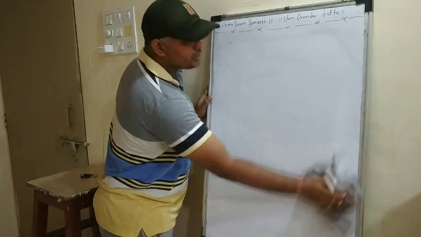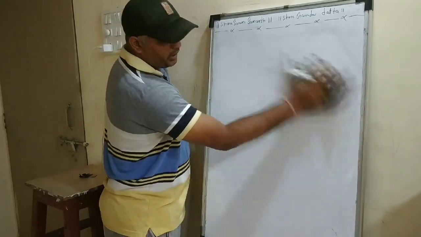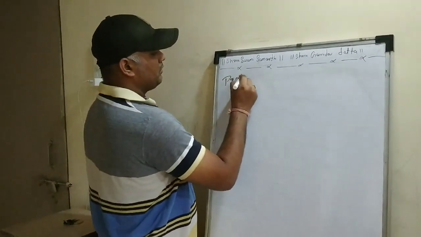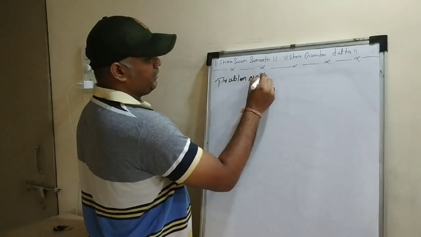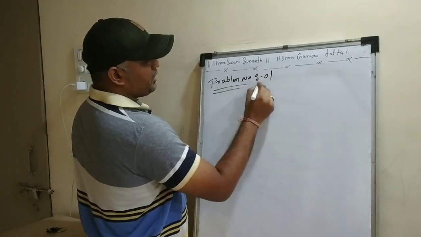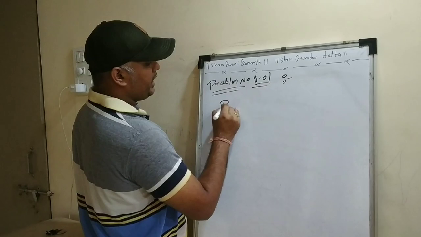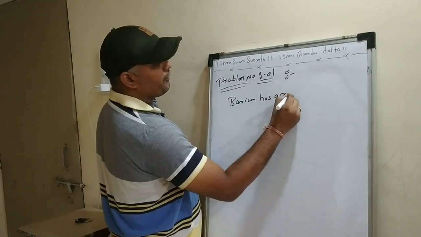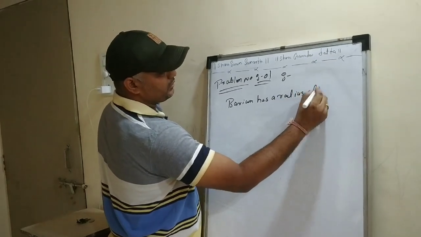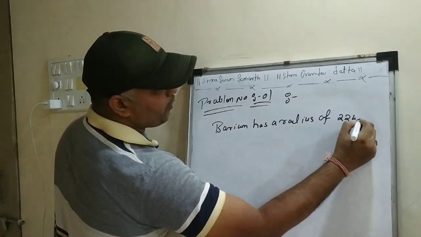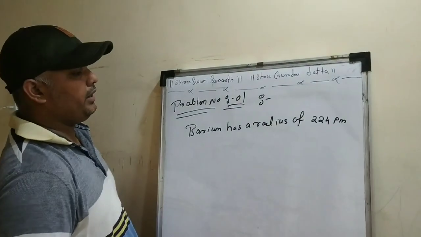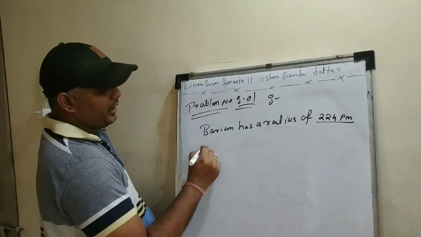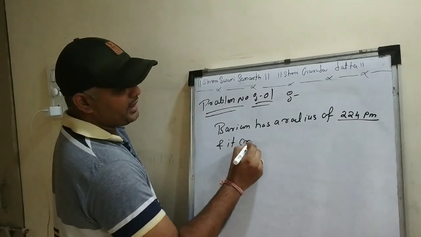Okay, I request all the students to note down the problems. So problem number 1. In problem number 1, barium has a radius of 224 picometer and it crystallizes